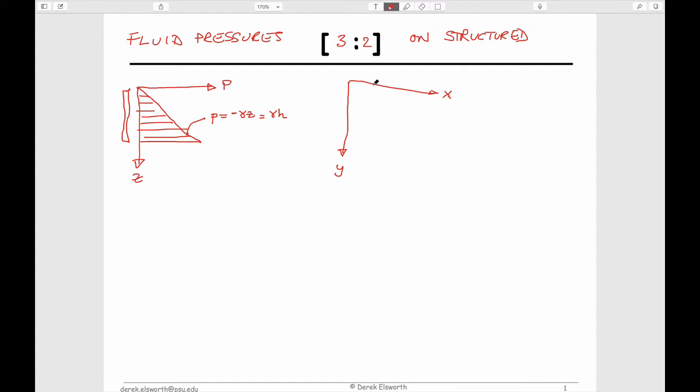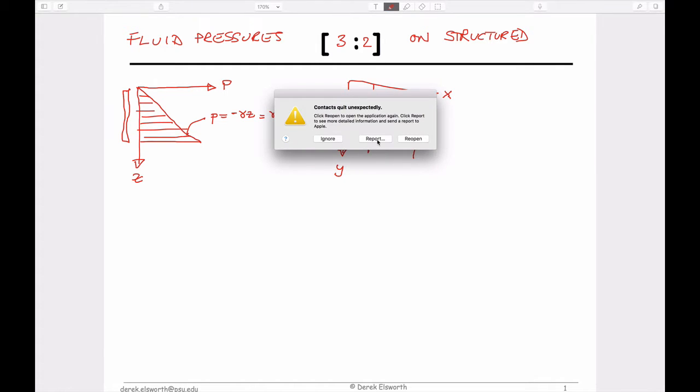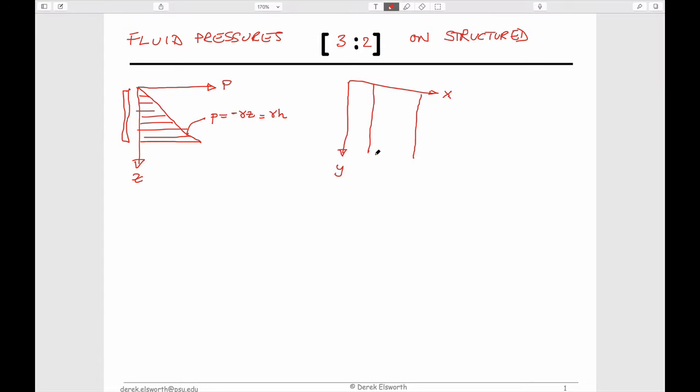And so if we take a plate that is present within this, then what we can do is take a small little differential length, which we'll call dy, some width to this,